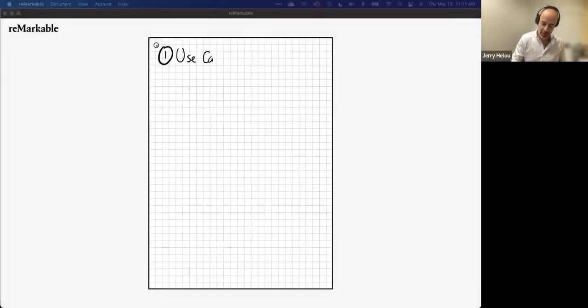Wait for it, use cases. Obviously, you're not surprised. I hope you're not surprised. Anytime you're going to talk about the CDP or any technology, what is the use case that you're trying to solve for? But you might tell me, Jerry, I have a dozen use cases that I want to use for the CDP. Yes, but these use cases, in many cases, what I've seen are so general or so vague,